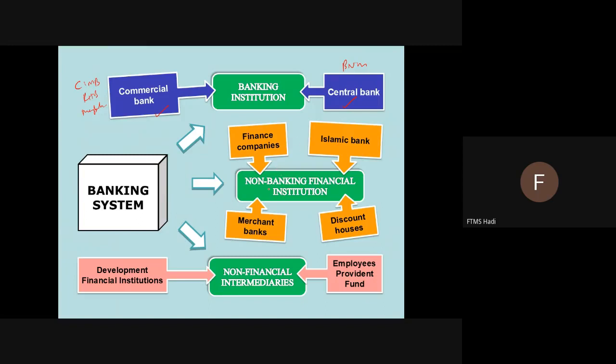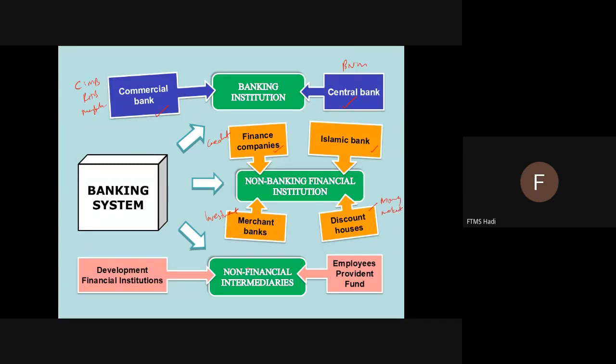All right. The second class is non-banking financial institution, which is apart from banking institution, that consists of Islamic banks, that means any banking institution that operates in the Islamic way. And then finance companies, which are more on credit companies, that means they provide every type of financing. Merchant banks, we're talking about investment, banks that operate to assist investment. And the last one, discount houses, for what we call the short-term money market.